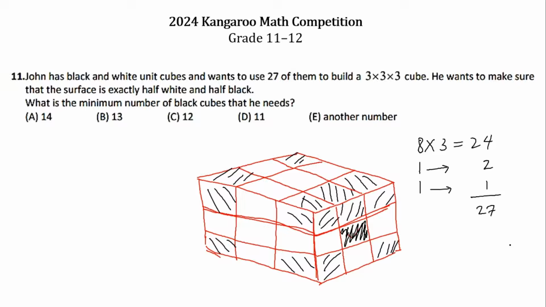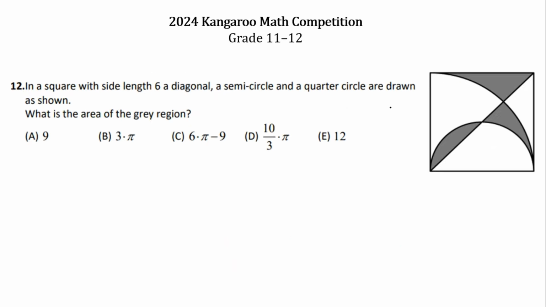So how many black cubes do we have? What's the minimum number of black cubes to be used? We just add this. The answer is 10. So 10 is not among the options from A to D. So the answer is option E. So it must be another number. Let's have